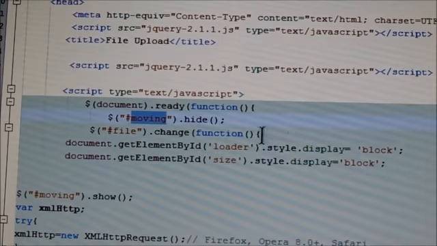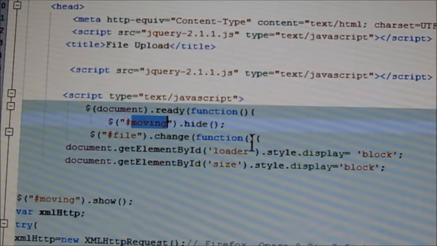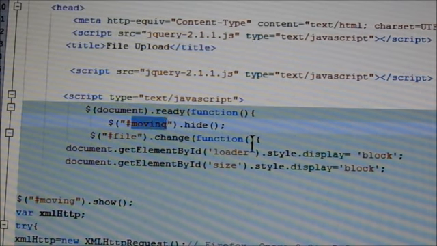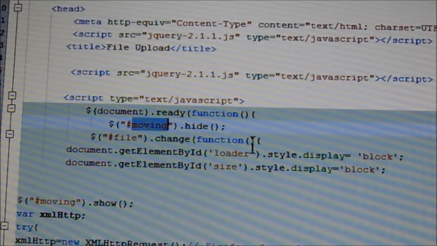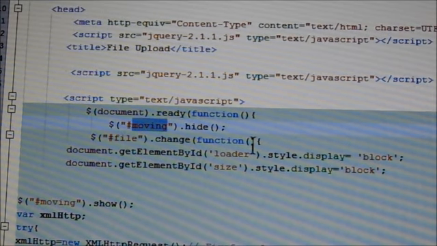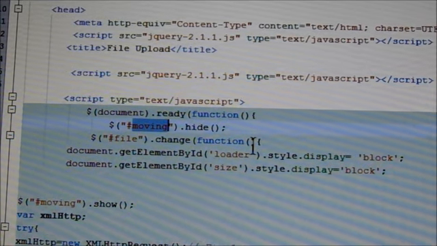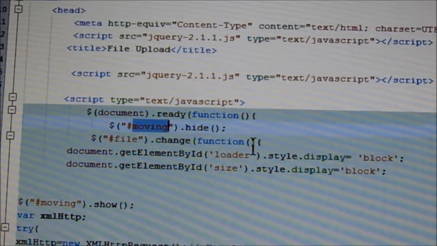This is hidden when your document is ready, and document.getElementById is a loader div, and display is equal to block, and document.getElementById size is another div, which display is also block.